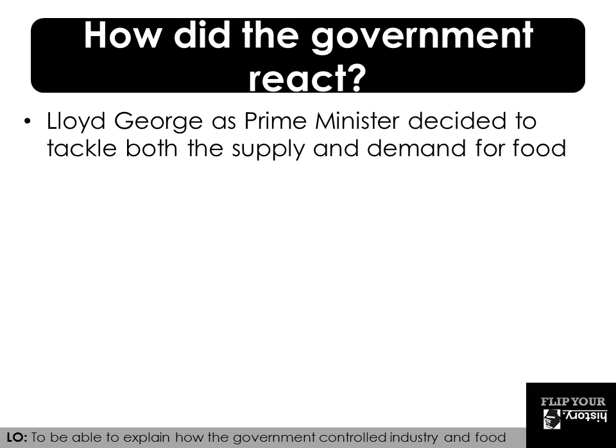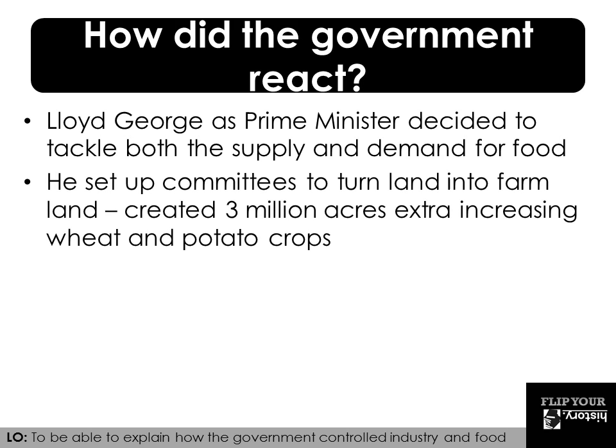By this point, Asquith had been replaced by Lloyd George as Prime Minister, and he decided to tackle both the supply and demand for food. He set up committees to turn land into farmland, which created 3 million acres extra, increasing wheat and potato crops substantially by 1918, and so effectively trying to deal with the supply issue. And by 1918, there were an extra 1 million tonnes of wheat and 1.5 million tonnes of potatoes being grown